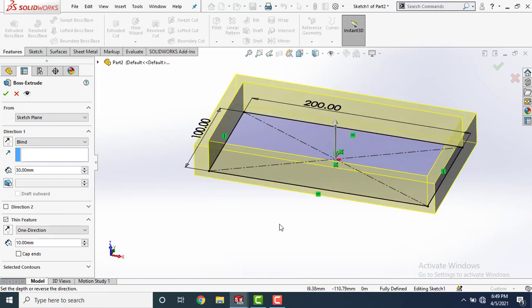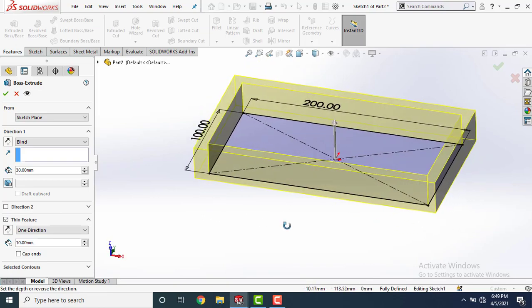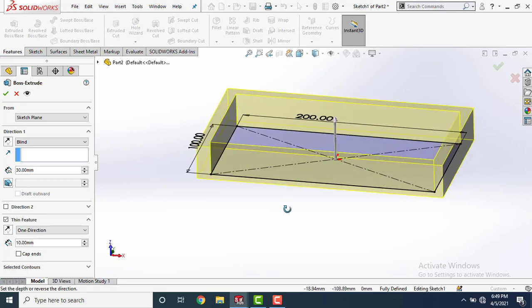You can see in the preview a thin walled body is prepared now. The thickness is 10 mm. You can change the thickness by putting some value. There are 3 options available here: one direction, mid plane and 2 direction. First of all, one direction.